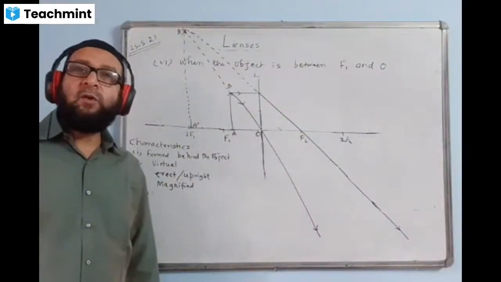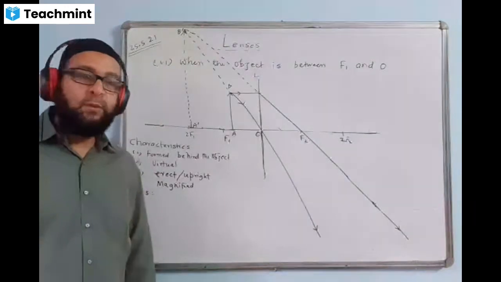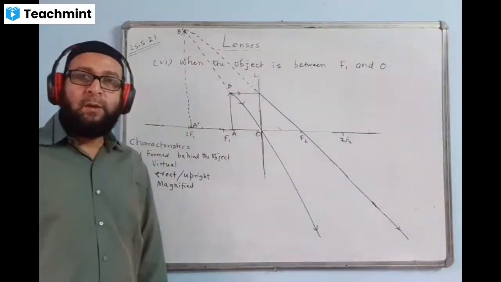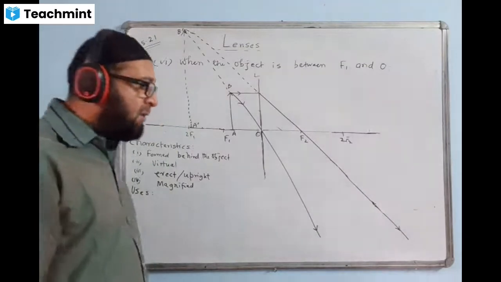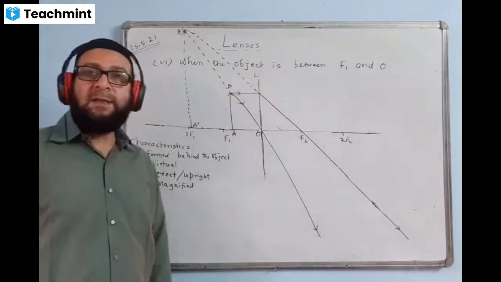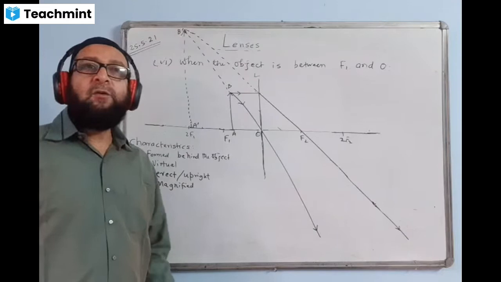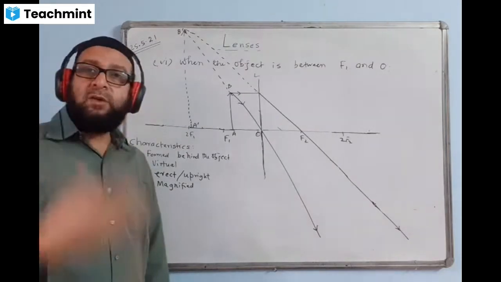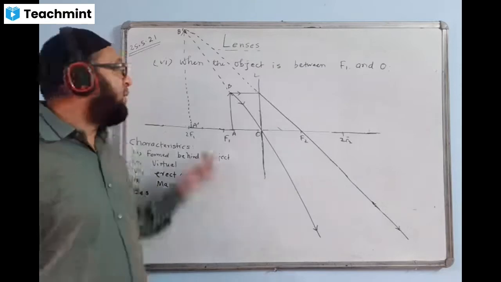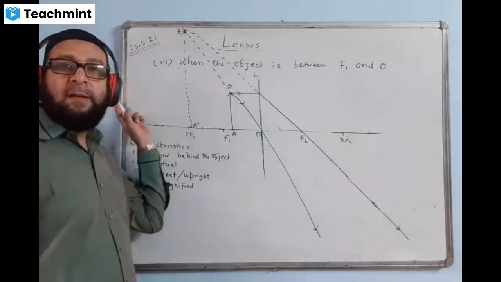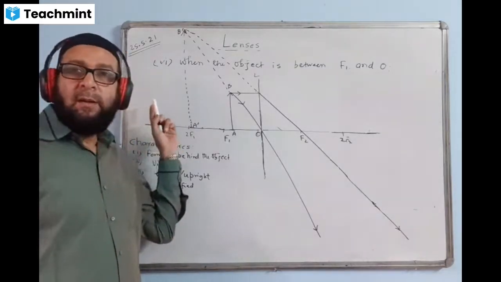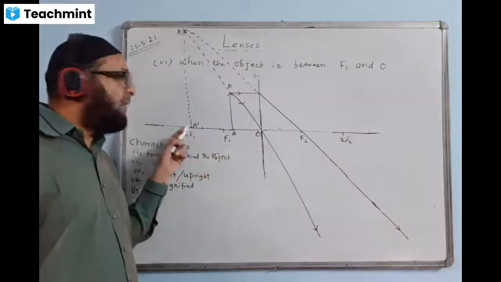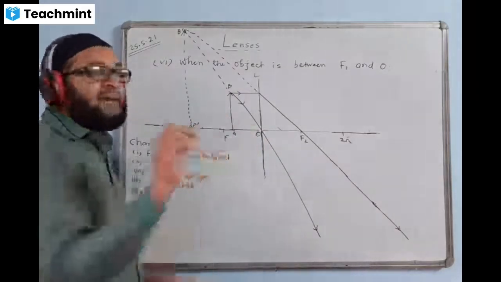Magnifying glass is also called simple microscope. You can write under bracket magnifying glass, within bracket you write simple microscope. So we had 6 cases of convex lens. If you just go through those 6 cases, you will find when the object is far away, the image is small and it's real. When the object is at 2f on the same side, after 2f the size increases.